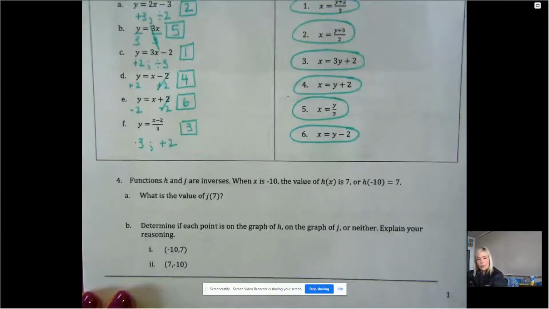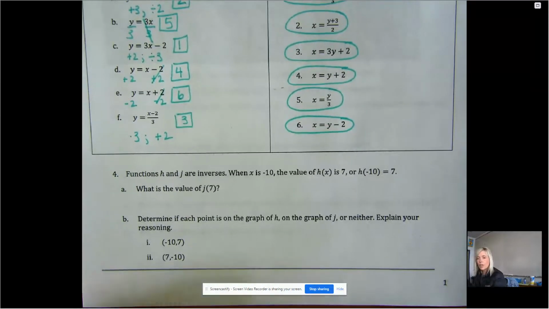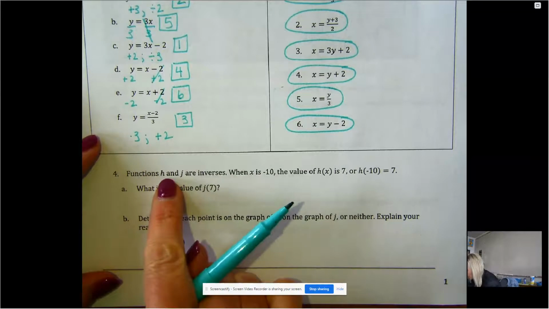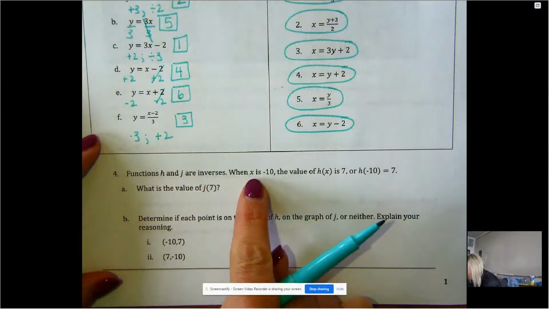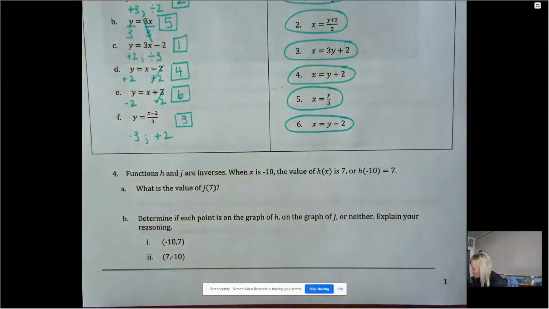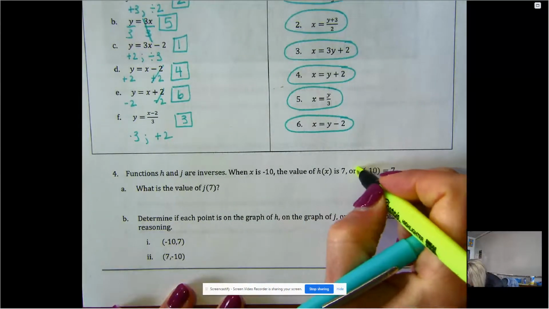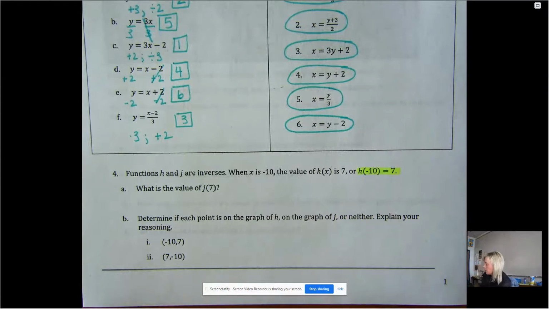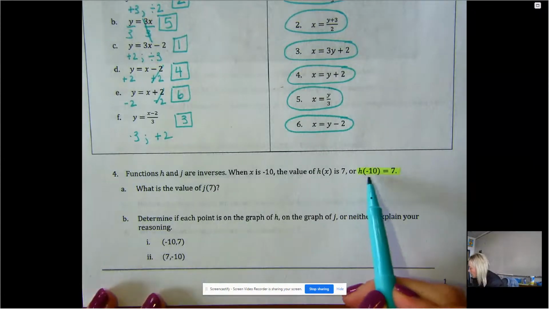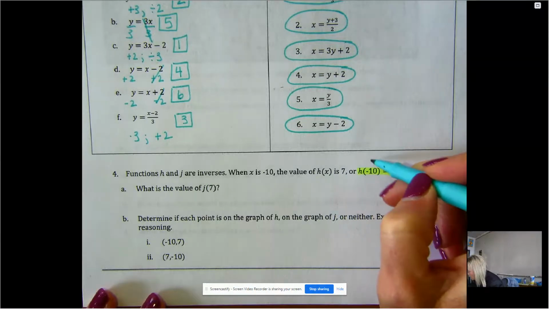Okay, number 4, functions h and j are inverses. When x is negative 10, the value of h of x is 7. And then here it's just written using function notation. So what that means is h of negative 10 equals 7. So when x is negative 10,